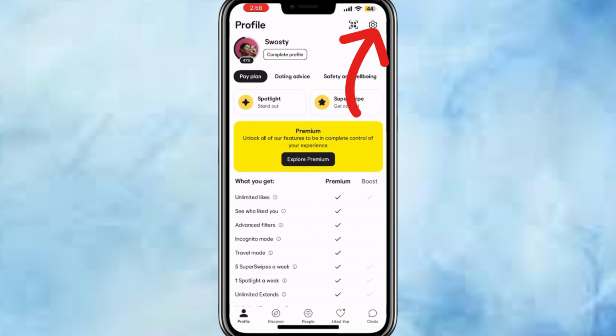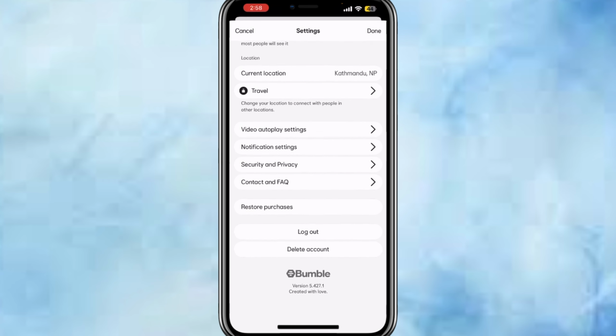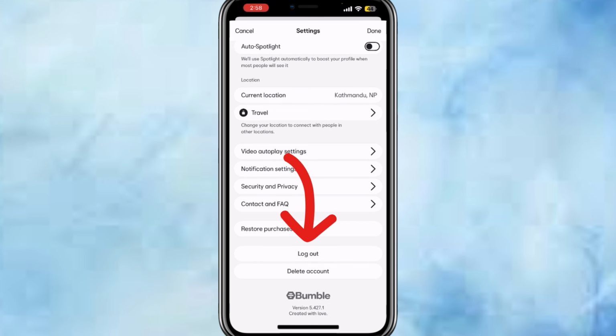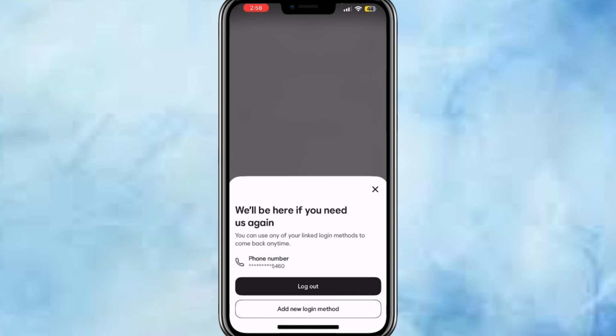Tap the gear icon in the top right corner. Scroll down all the way to bottom and you will see logout. Tap it. Bumble will ask you to confirm that you want to log out. Tap yes or log out